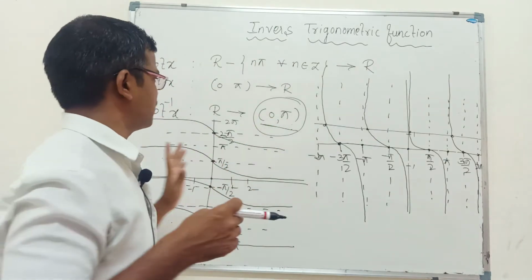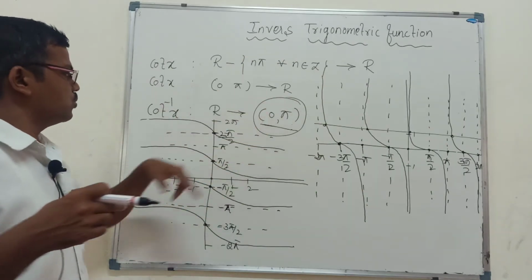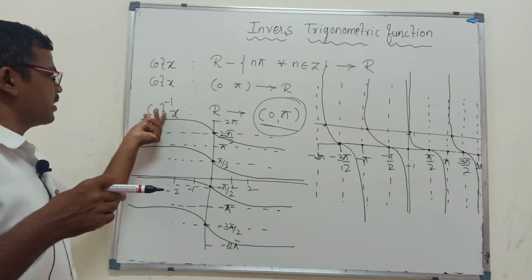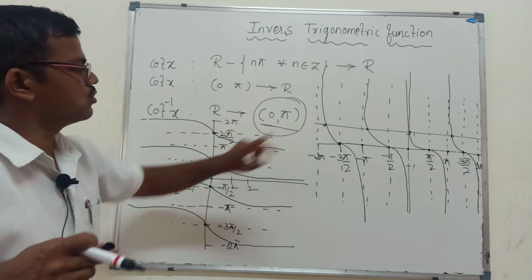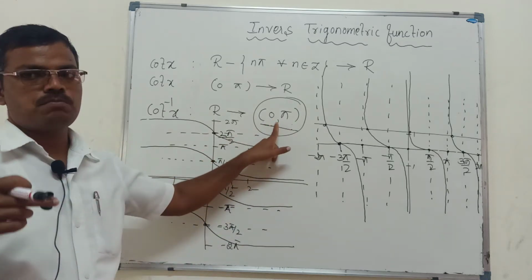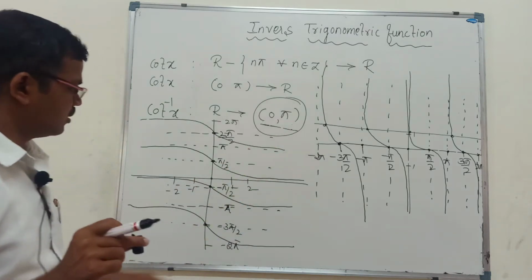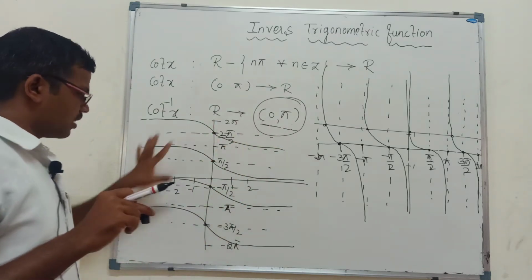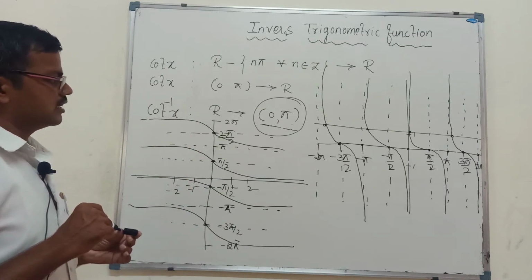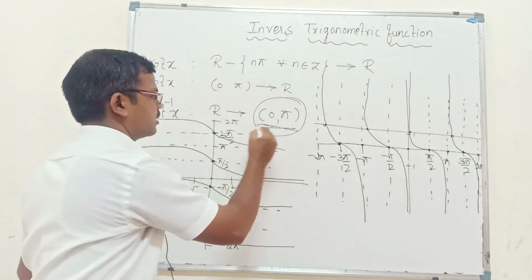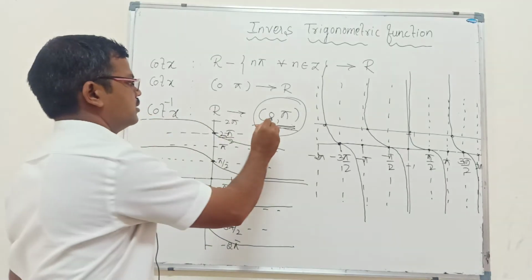We call it the principal branch. So then it is both 1-1 and onto. If it is both 1-1 and onto, it has its inverse, and the inverse is defined like this. cot inverse x is a function from R to 0 to pi. So 0 to pi is called the principal branch range. So then it is the inverse of that graph for the inverse function. So this is about the cot inverse x. So this is very important, that you have to remember what is the principal branch range of the cot inverse x, that is 0 to pi.